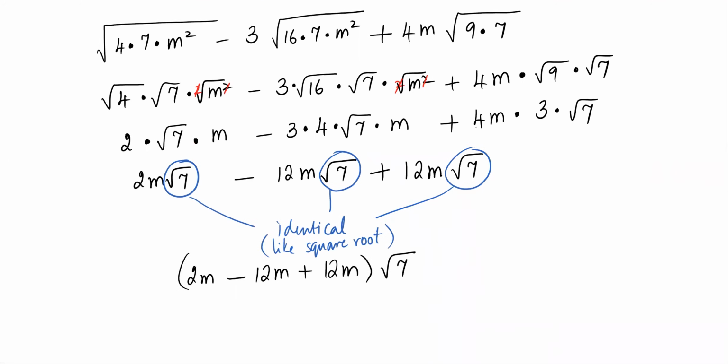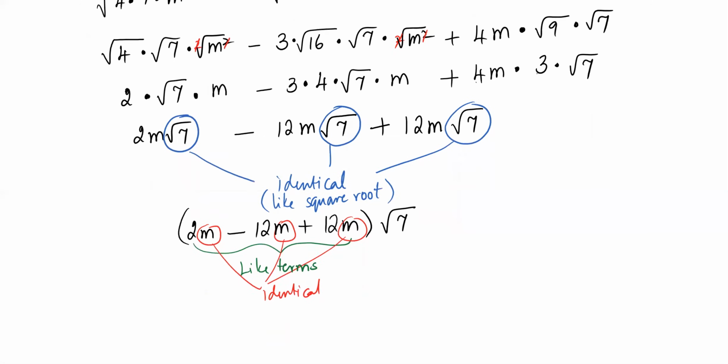But if you come down here, it's not plain numbers, right? You got the letter there. So you have to see if they are like terms as well. Like terms, if you recall, we saw it in 9.1. I gave a little mention about it. You're looking for variables that look identical with identical powers. Right? So m, they are all identical variables with identical powers. Therefore,